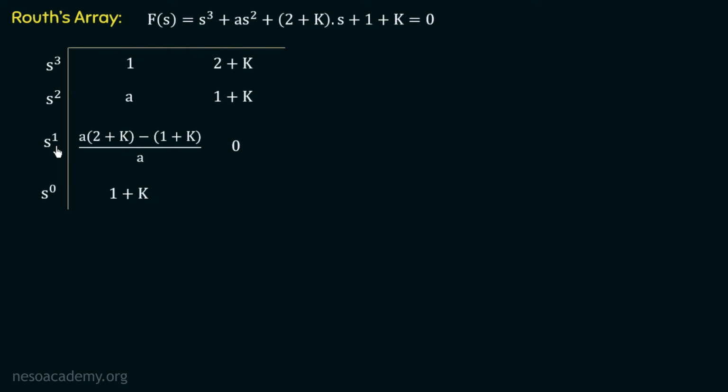Why? Because we have discussed in special case 2 of the RH criteria that the concept of row of zeros is only valid for odd powers of S. It is not valid for even powers of S. So if the row of odd power of S is a row of zeros, then we can say that the system can be marginally stable or unstable. But if any row of even power is a row of zeros, then the system will not be marginally stable or unstable. That system will be a stable system. Because the concept of row of zeros is only valid for odd powers of S. I hope you got this. So in this case, only S power 1 row can be a row of zeros.